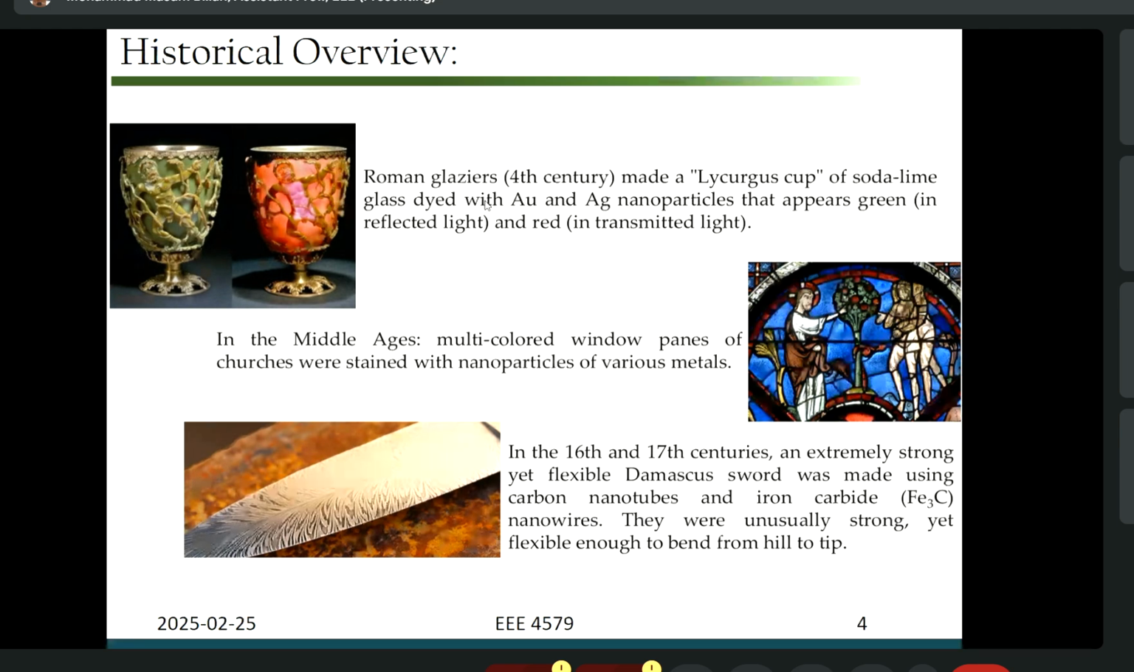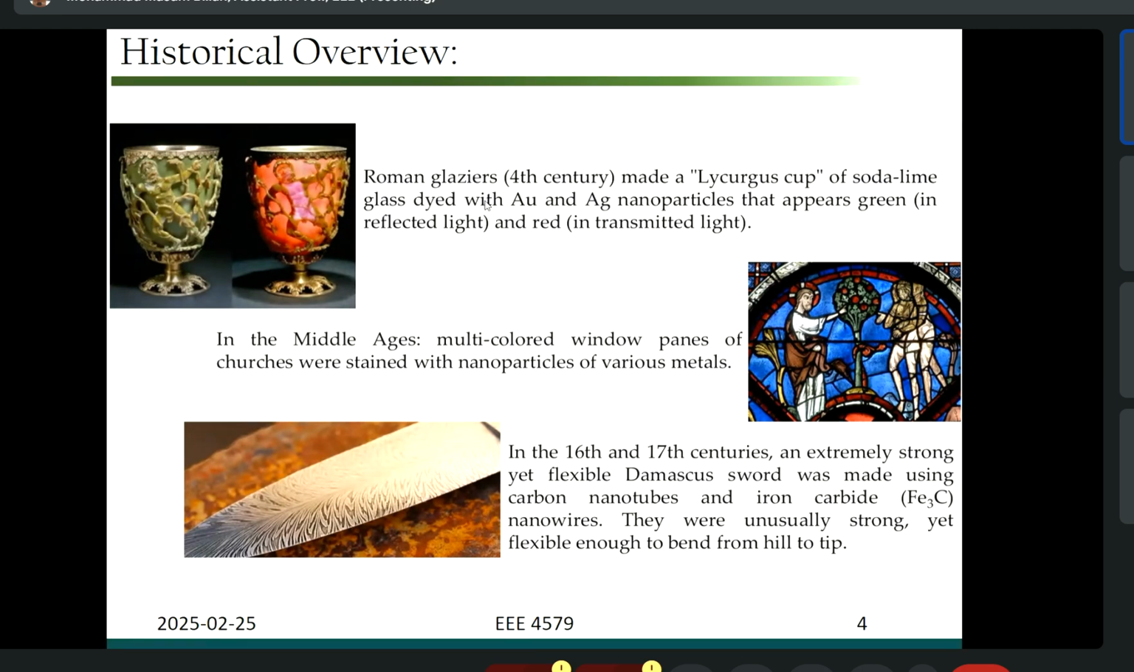Okay, so this blue color is none other than quantum dots. These are quantum dots, blue light emission from the quantum dots. So these particular materials were used as a window material during the Middle Age era, more than almost 1,000 years ago, when people used nanoparticles or nanomaterials to make the blue colored window